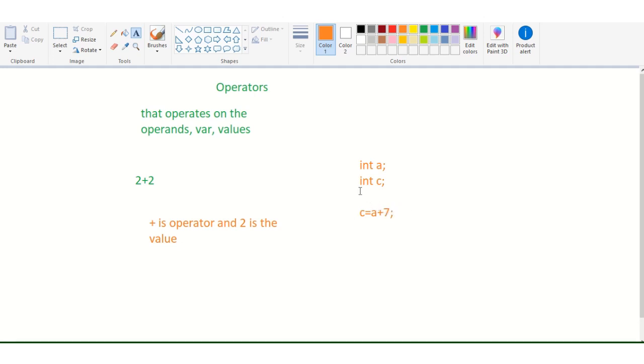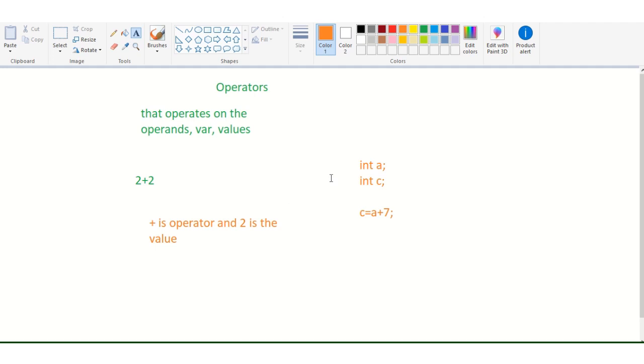Now this complete statement we call the expression. This is an arithmetic expression, because here we are using an arithmetic operator, and the arithmetic operator is a binary operator, which we will discuss, right?